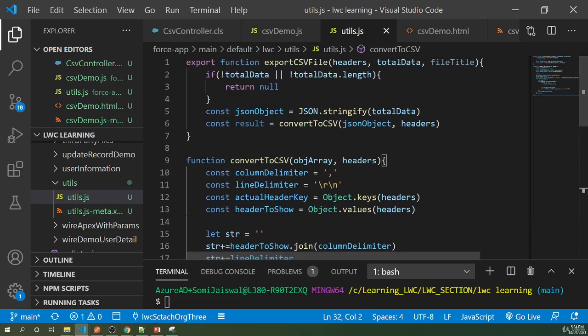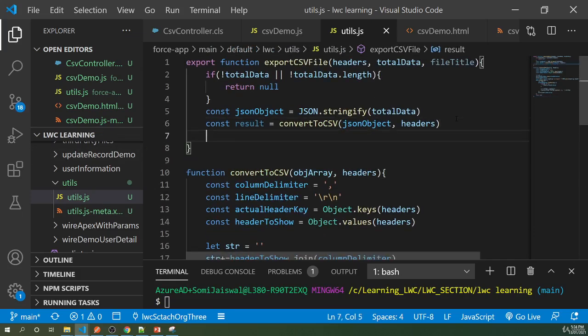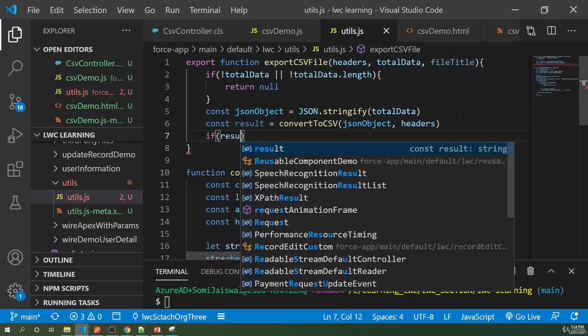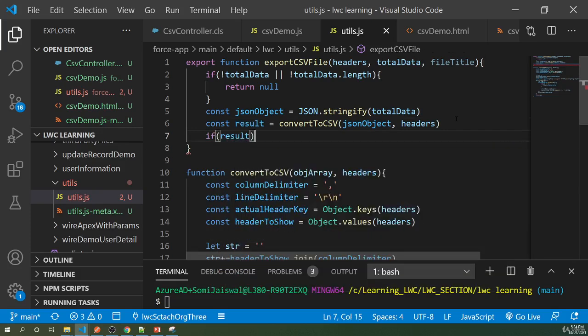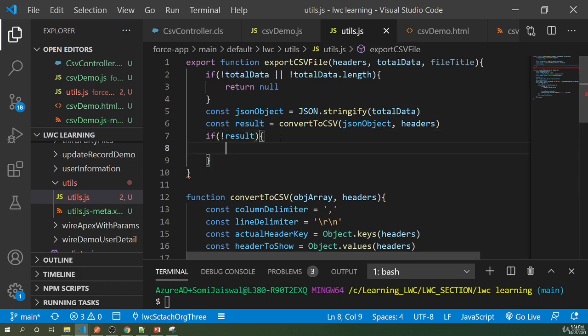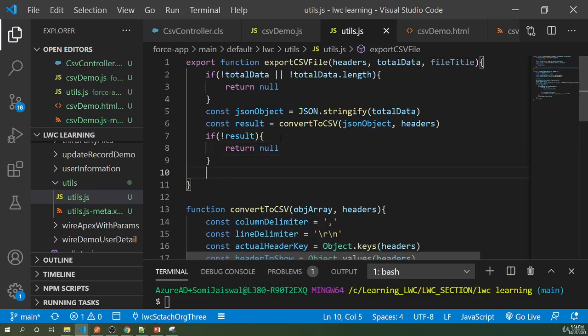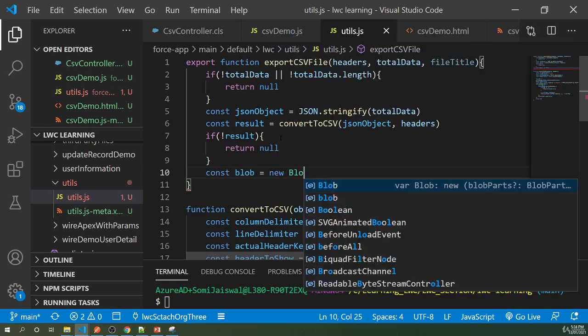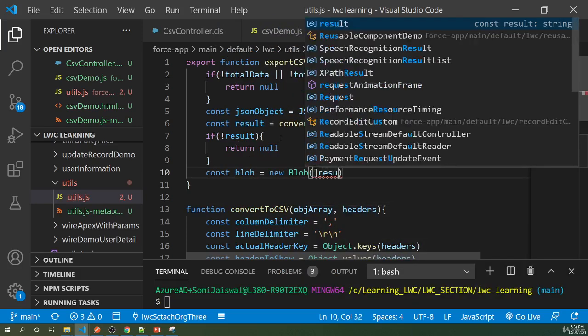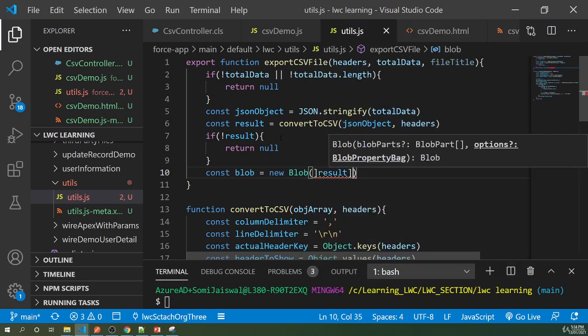and now this method returns a string on the top, and here we'll say okay, now we got the result. First check whether the result is there or not. If the result is not there, just return as it is, or we can say return null. Otherwise we'll create a blob, const blob equal to new Blob of result. So we'll create a blob of the result,